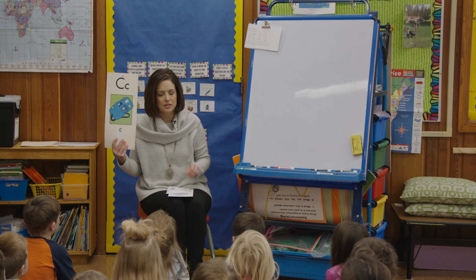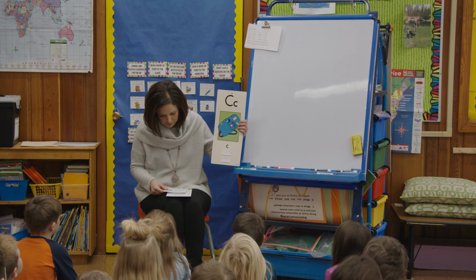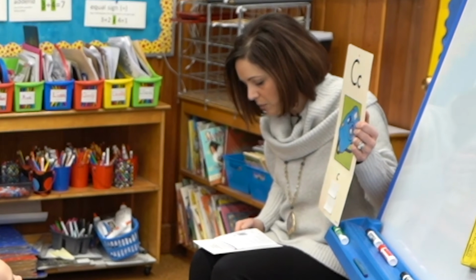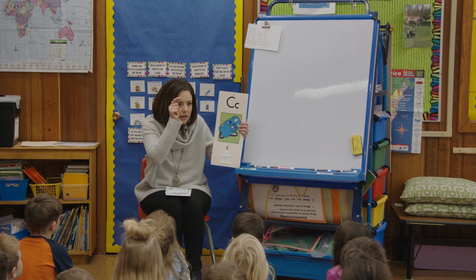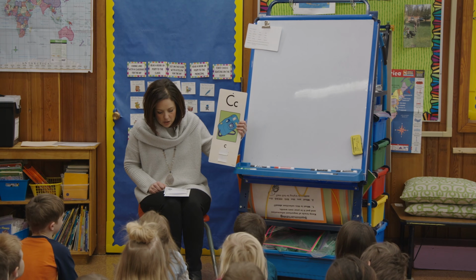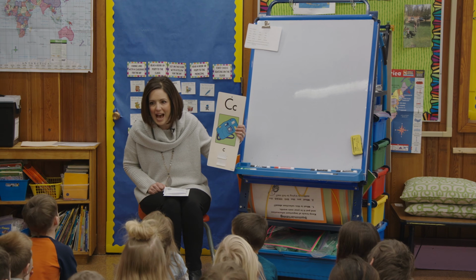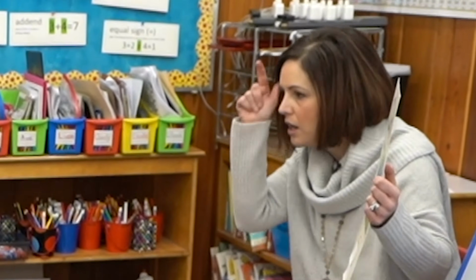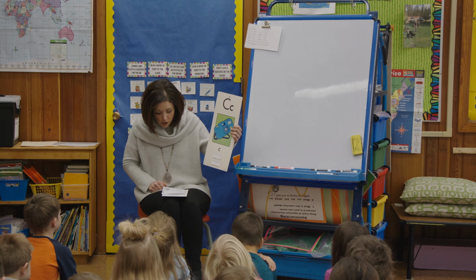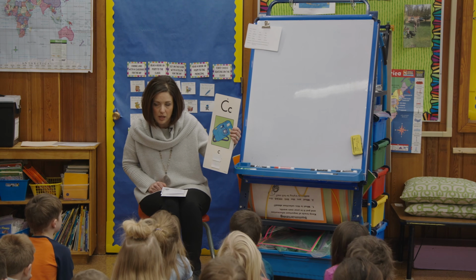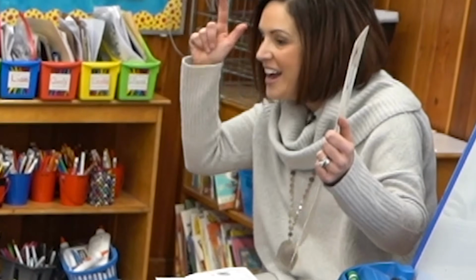Listen to this story because it's going to help us remember the sound of K. Here we go. Carlos has a new camera. When he takes pictures, his camera makes a clicking sound like this. K, k, k, k. In the garden, Carlos takes pictures of caterpillars crawling on cabbage. Are you ready to take some pictures? K, k, k, k. Nice job. At the zoo, Carlos takes pictures of a camel, a duck, and a kangaroo. Ready? K,